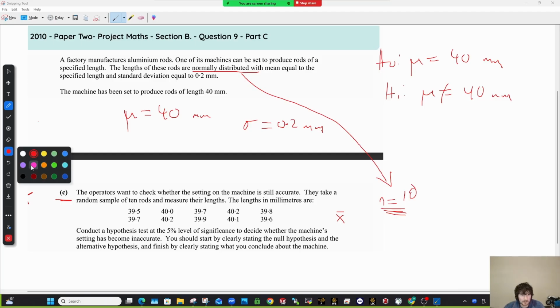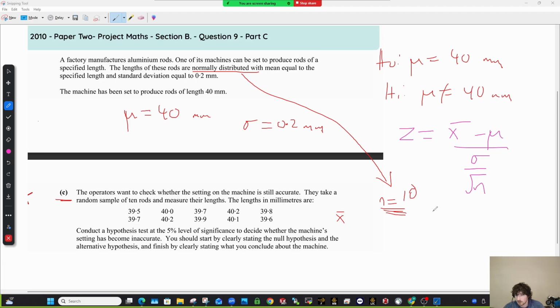Okay, so let's work out a Z score as we usually do. Z equals X bar minus mu, because we're dealing with sample means here. We just worked out our sample means, so it's obviously this formula with the root n. So then Z here equals, I've got to work this out. This is a bit annoying. So you've got to add all of them together and then divide by 10. So let me do that. I'm sure everyone can work out the mean of 10 numbers at this higher level. Okay, so I got the mean of those numbers there, and I got